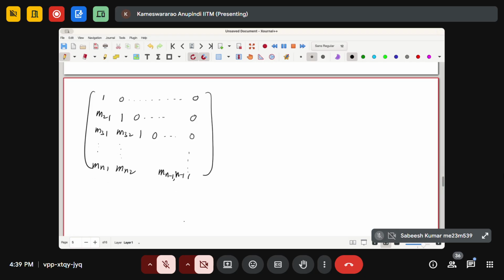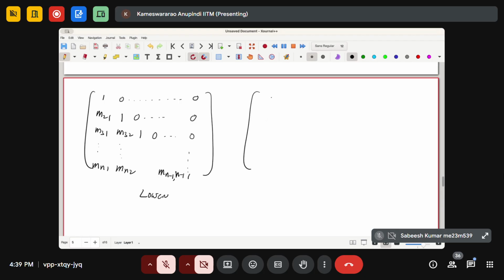This is looking like a lower triangular matrix, right? Because I have all ones along the diagonal, and everything below that is all the M's that I have calculated before, and everything above the diagonal is all zeros. Okay, so this is a lower triangular matrix, and I have performed all these row operations,